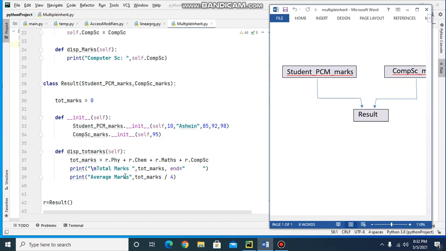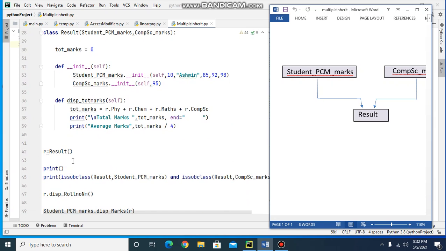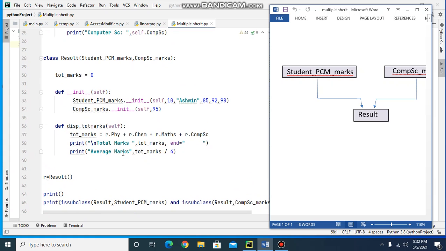After that it will print the average of the total marks. Then here I am creating an object R of the class result. I am creating an object R of the derived class result. This object R will have access to the members of both the base classes.